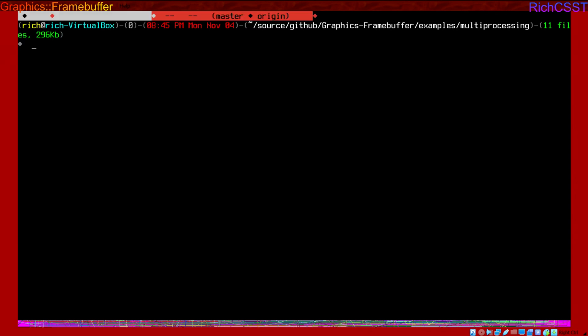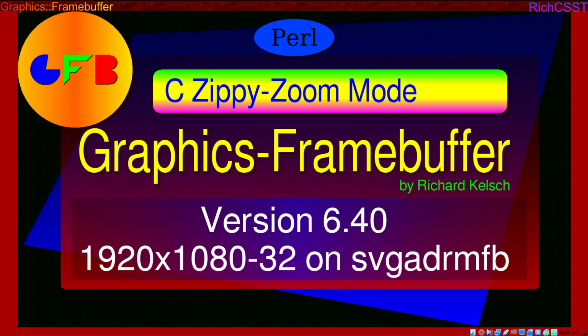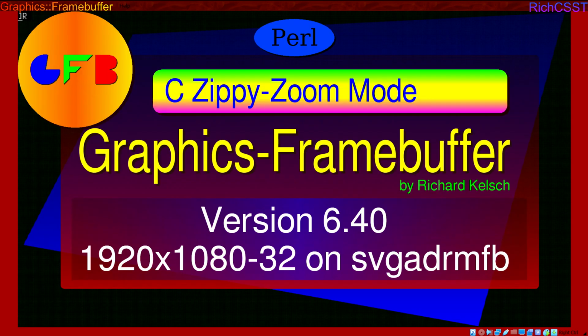Actually works better apparently in VirtualBox. That's pretty interesting. That's because it's using forks and not threads. Huh. Pretty cool. Exited. See how a slideshow works. Oh, slide works. Like it's got an error. Like you need to fix it. Well,